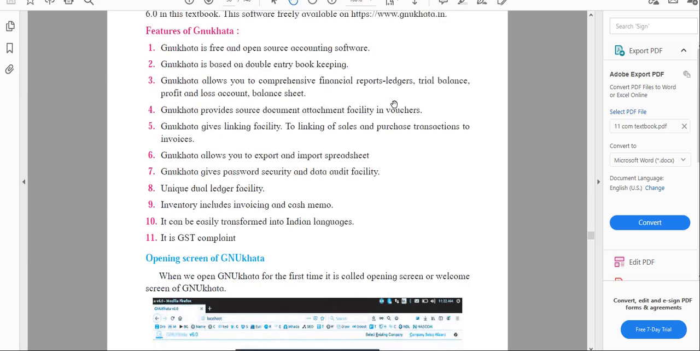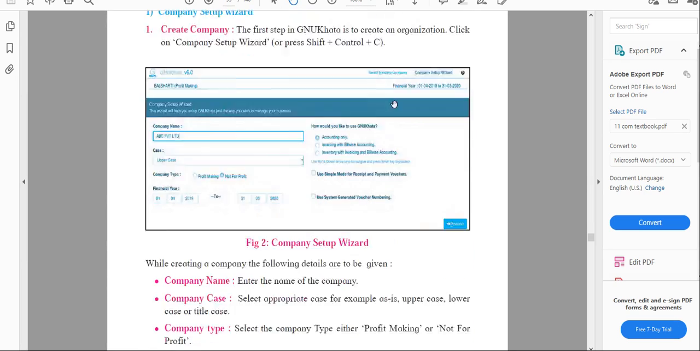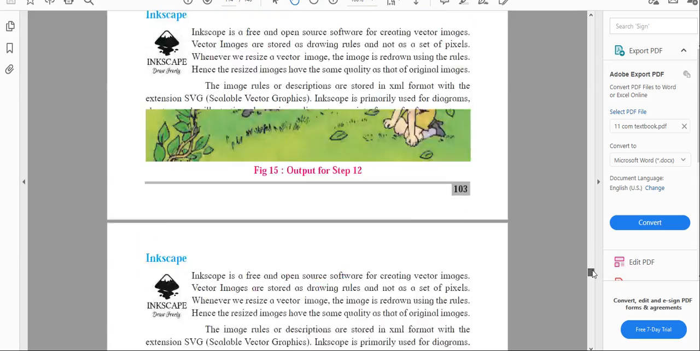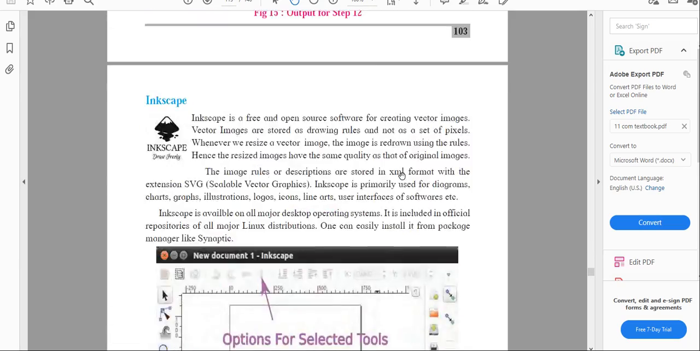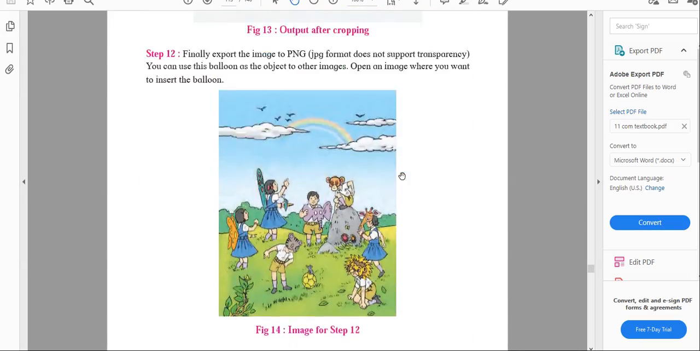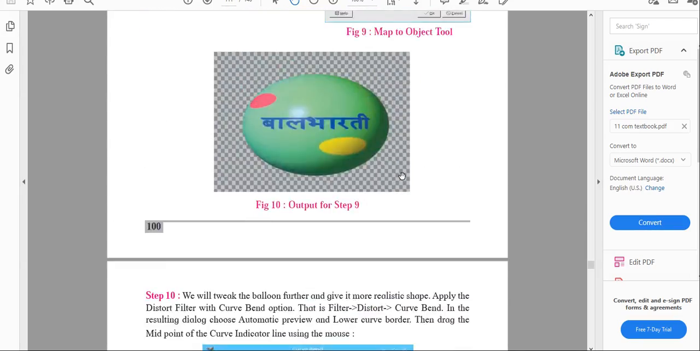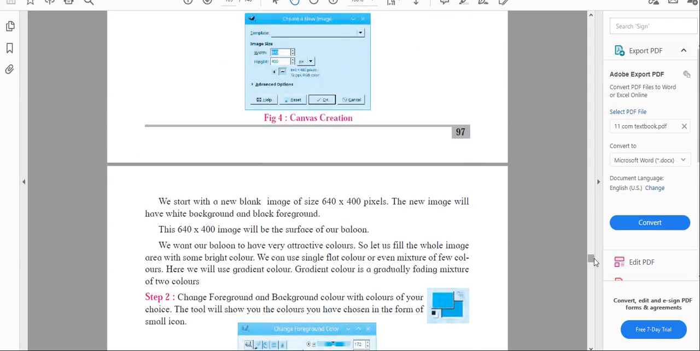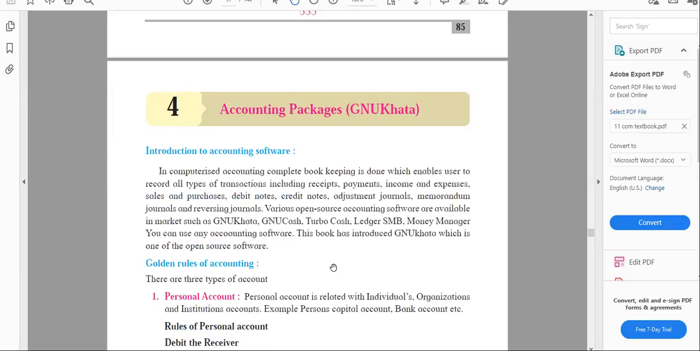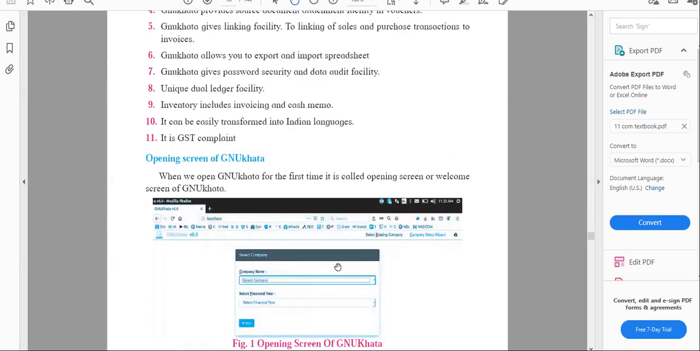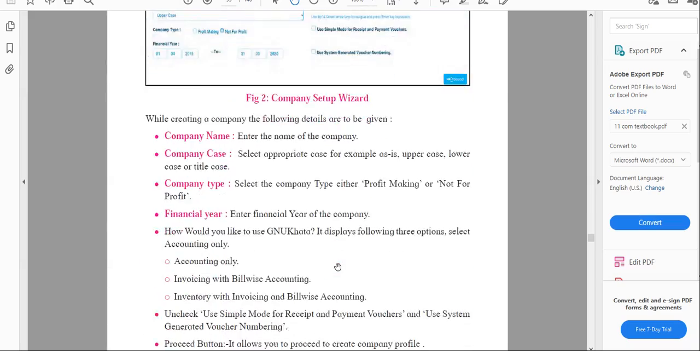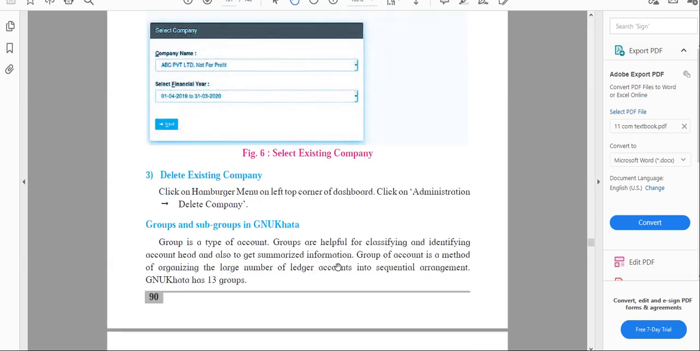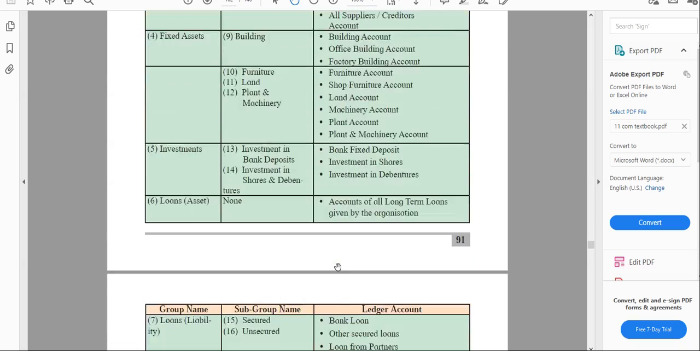So in this there are different SOPs which we have to perform. From that we are going to perform only the SOP number 1. The SOP number 1 of this practical is that we have to create a company. Here you can see the opening screen and how to create the company profile. We have to perform the same practical for this